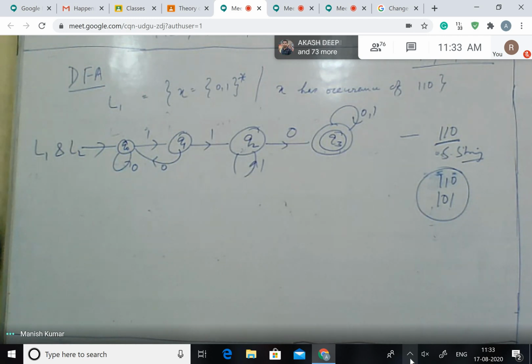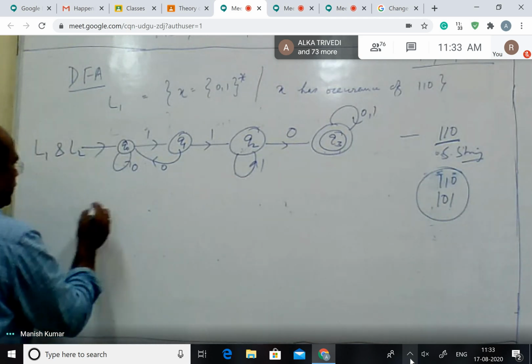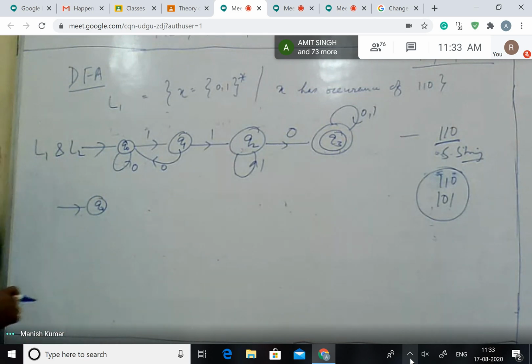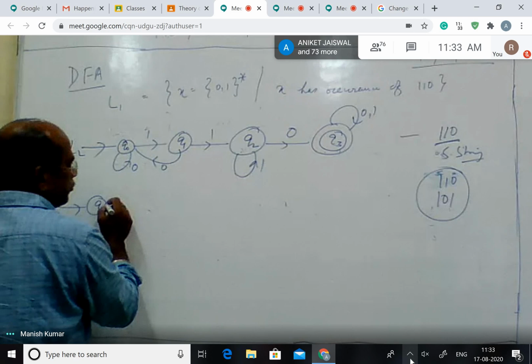So while constructing your DFA, what you need to do is very simple. You start with Q0, and then you look for first